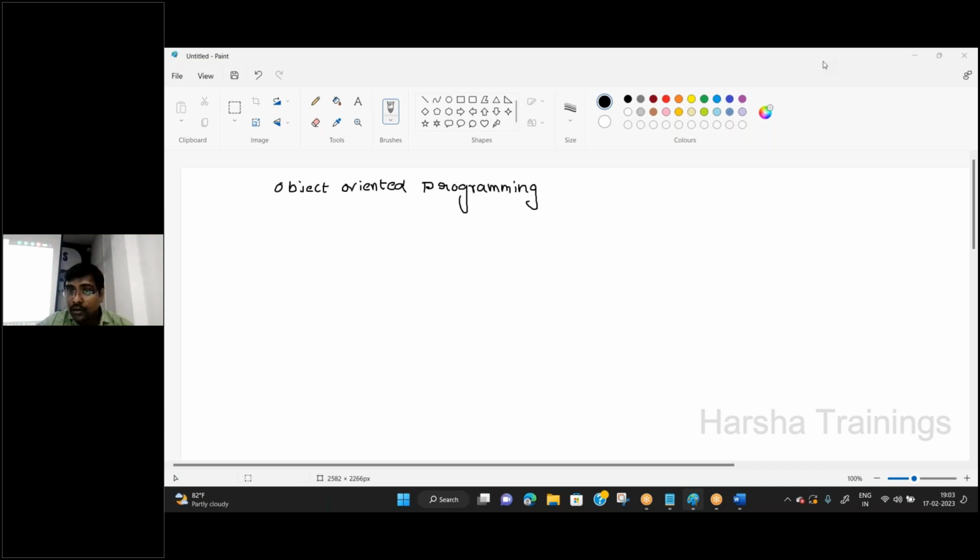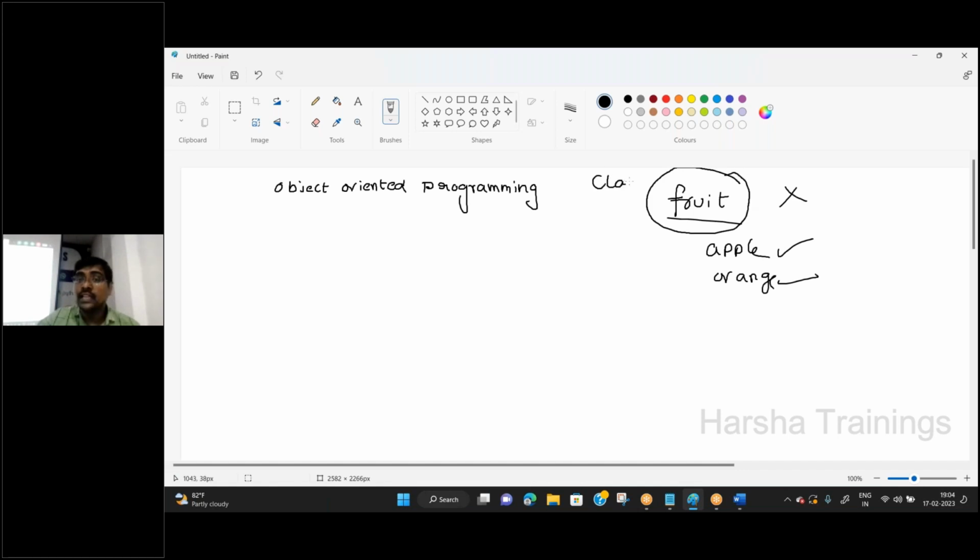Suppose fruit exists in real life. Does fruit exist? No. Fruit does not exist in your real life. Apple exists. Orange exists. Understand the difference. Here these apple and orange are called objects. Generally this fruit is called a class. Now here I have entered into object-oriented programming. If you are using object-oriented programming, you must and should